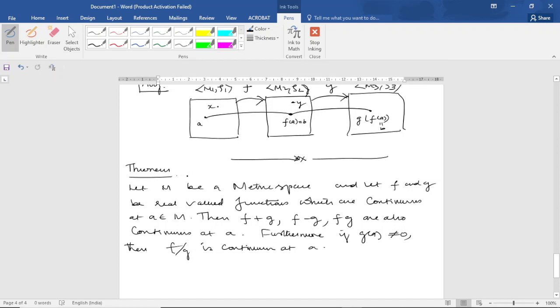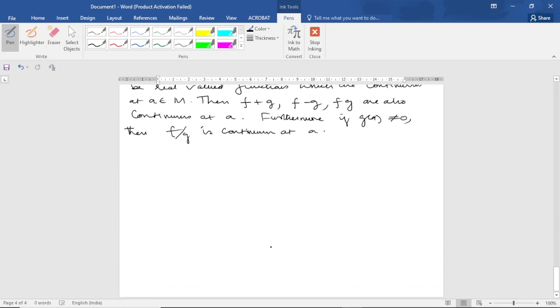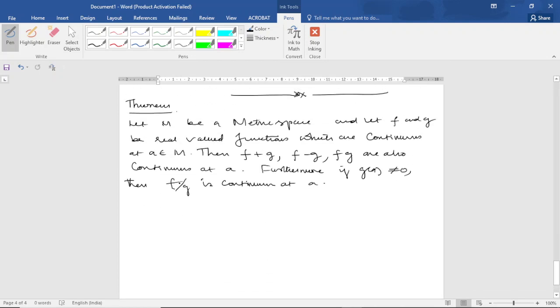Functions continuous on the real line, already discussed. The same thing, instead of absolute value, you have to use the distance function. There we used both our real lines, M1 as well as M2. Here we have to think and write which is M1 and which is rho 1 and what is rho 2. Everything you have to check properly and frame the theorem. The same thing we discussed in real valued functions. Same like the previous theorem we discussed, you have to change the absolute value metric to the general metric.